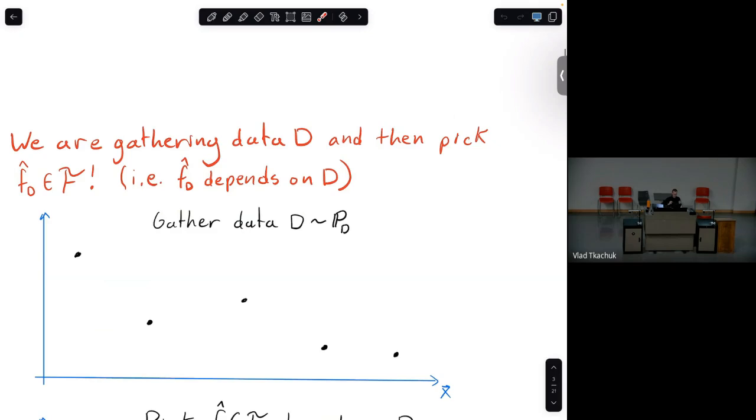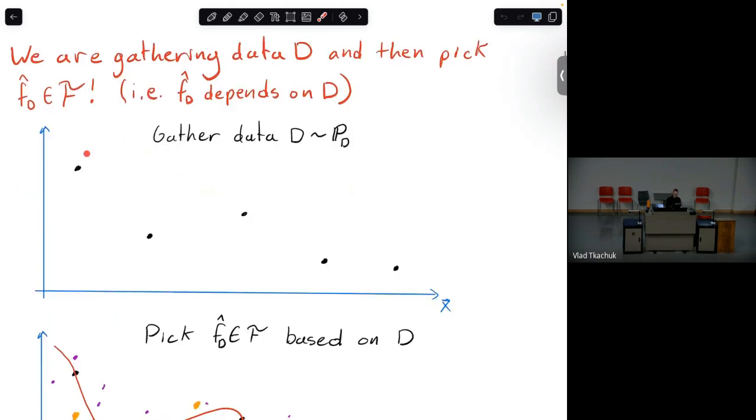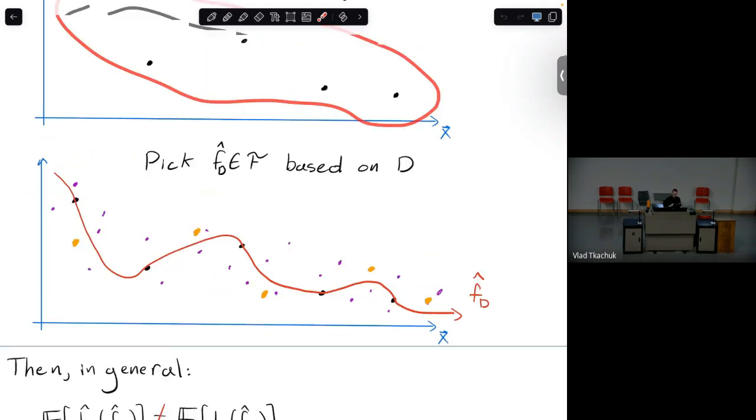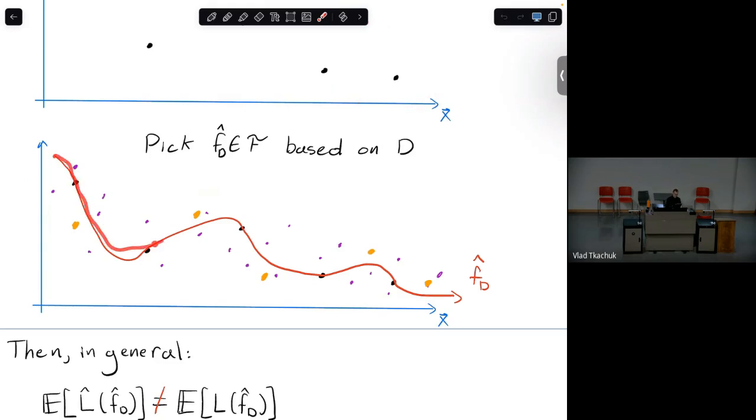But the problem arises in our situation because we're gathering data first, and then we're picking the predictor based on the data. And the story looks like this. You gather the data, and then you pick your predictor. This is this red line. The predictor just fits the data, like you really make it this contorted shape to fit the data really, really well. And then you ask, is this a good estimate on new data? Well, clearly it's going to have some problems at the very least, because if you get any new data, let's imagine these purple points, you can see what you're going to find here is something like